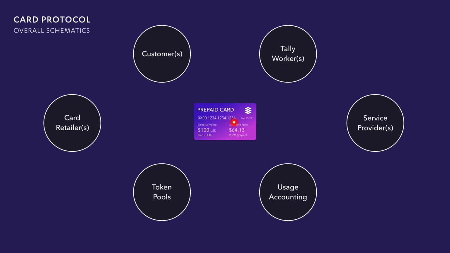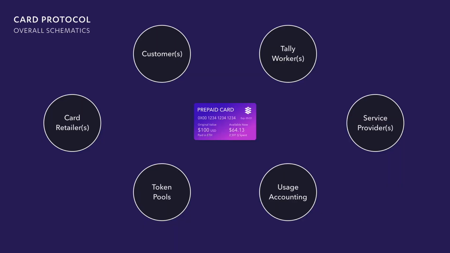So the tally work is informing not only what's on the prepaid card, but also when a service provider says, hey, I would like to withdraw the money every month, so that I can diversify it or use it to pay my employees and stuff like that. The tally worker is the accountant, the bookkeeper that tells you, okay, you can redeem this much because you've charged people that much money, and based on the exchange rate, this is how much you can redeem right now. So let's talk about that in a little more detail.